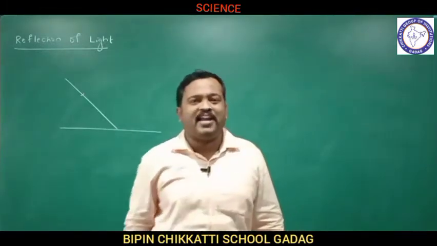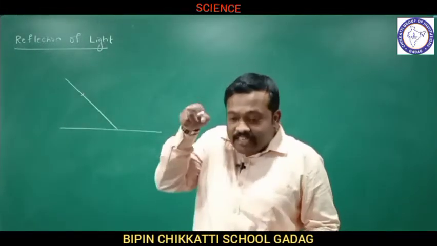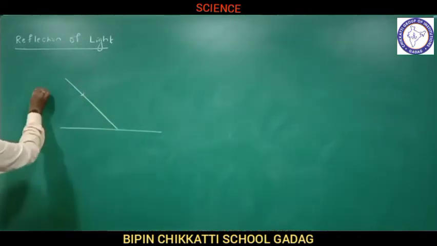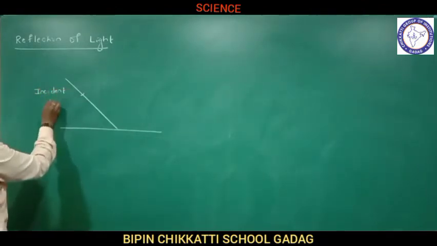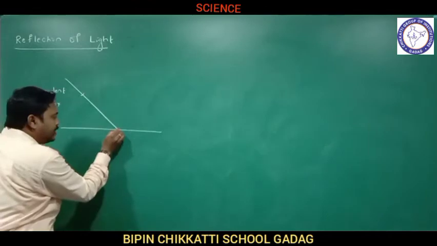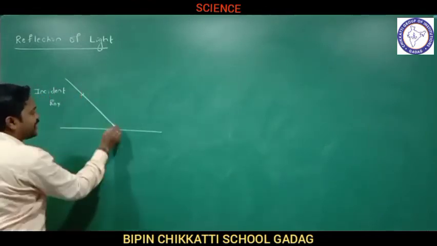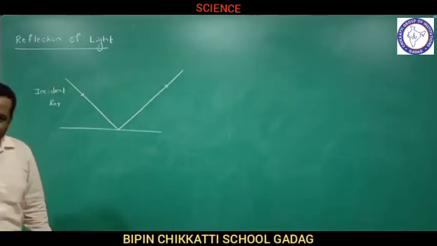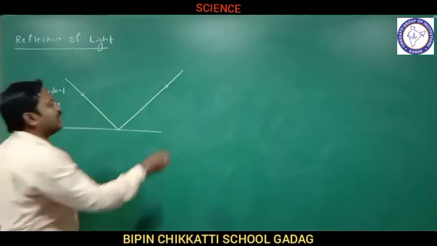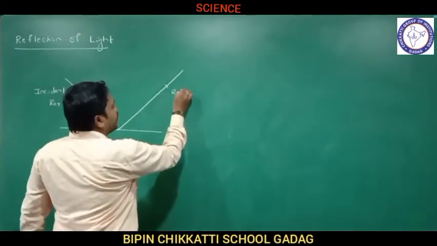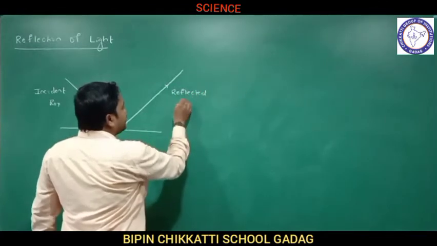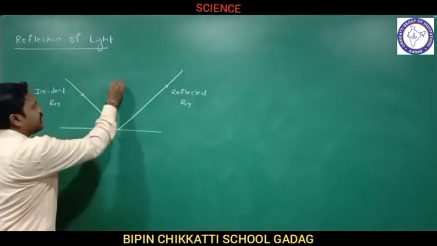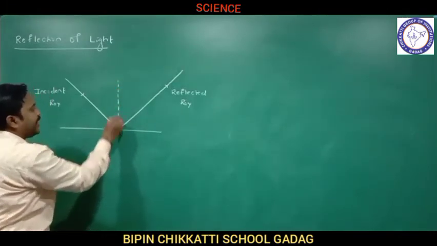And what is that path traveled by light called? It is called a ray, and the ray which is incident on the surface is called the incident ray. At this point, after striking the surface, it moves in this direction. It is reflected back in that medium. So this is also the path of light, and this is called the reflected ray. And at the point of incidence, if I draw a straight line,